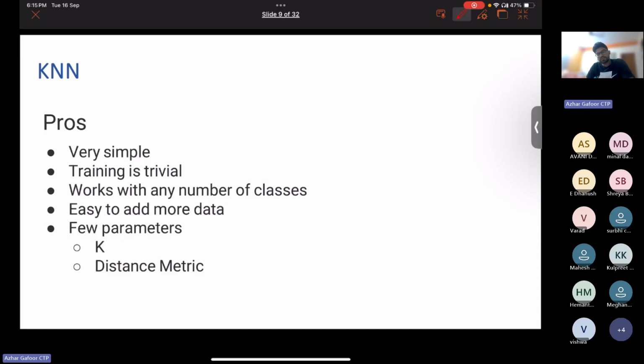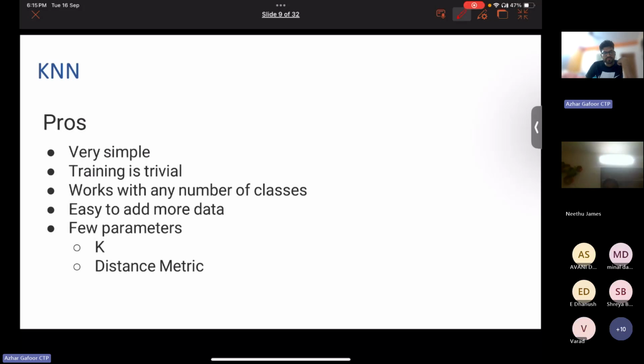Now, what are some of the advantages of using k nearest neighbor? So when using k nearest neighbor, we can say that the code is very minimal. What we need to do is we just need to find the distance. Whenever a new point is introduced, we just need to find the distance, sort it, and find which class is nearest to the introduced point. So the training is a trivial problem, it's just a distance calculation,